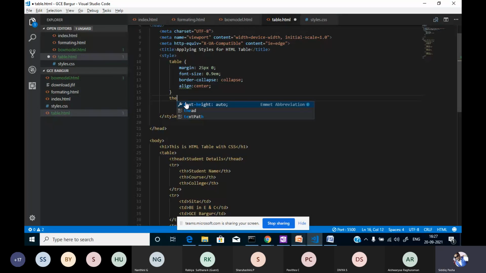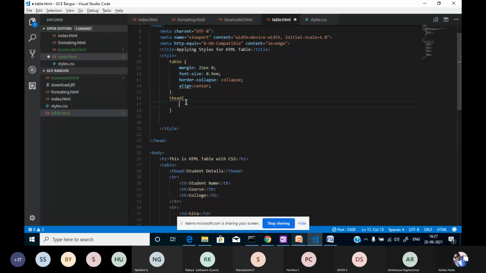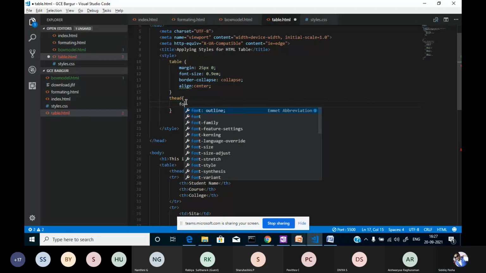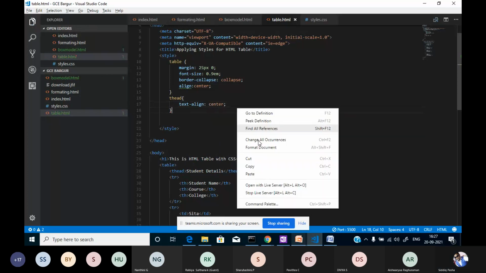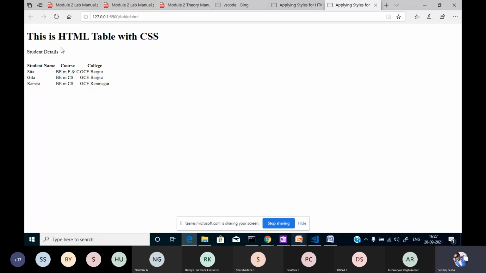For the table heading, I'm simply assigning the text-align property, and the text align is center. We will save. That's done. But again, this is not centered.